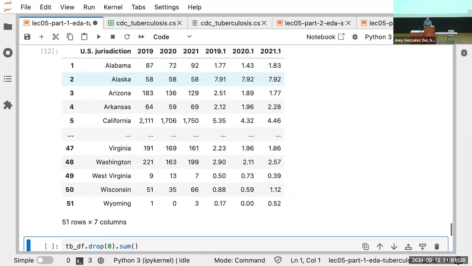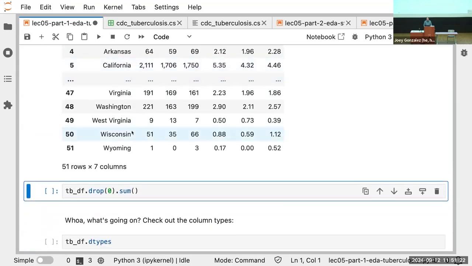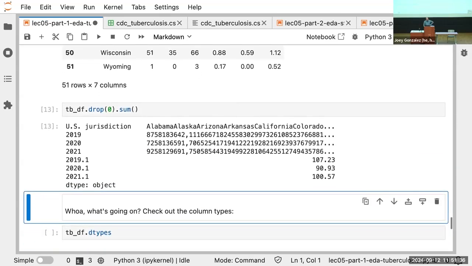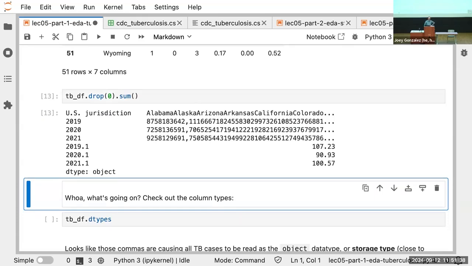All right, so we're going to drop the 0th row. If I drop the 0th row and then take the sum, what should I get? What will this do? Aggregate the entire table. I'm going to roll up all the rows, and I should get the total. Let's do it. What happened?